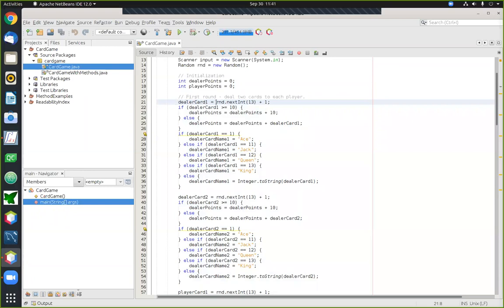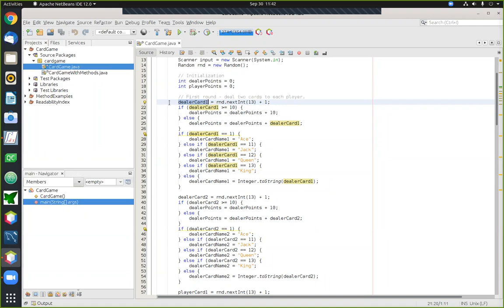The first thing is that we represent the cards by generating random numbers. We generate random numbers by using a random number generator. This command basically asks it to generate a random number in the range from 0 to 12. And to adjust that range so it falls in the range from 1 to 13, I go ahead and add another 1 to that. Okay, so each card is first of all represented as a number which falls in the range from 1 to 13, which represents the 13 possible cards that you could get.